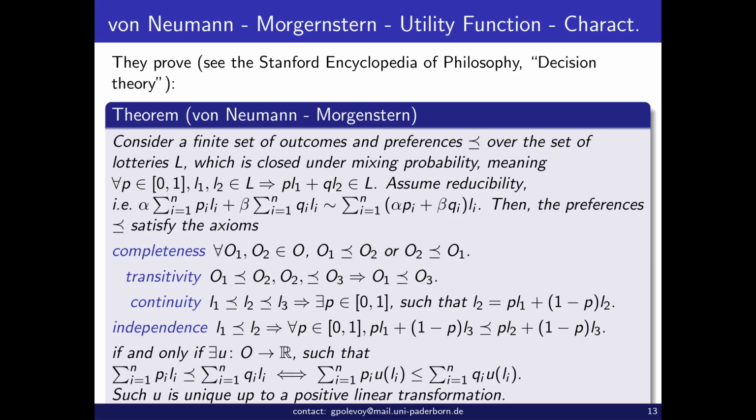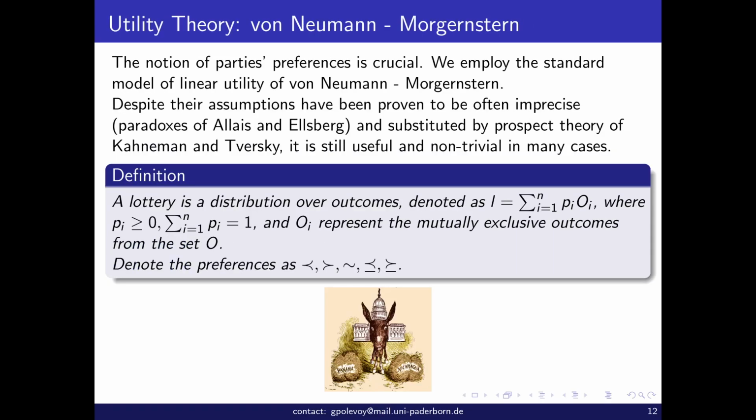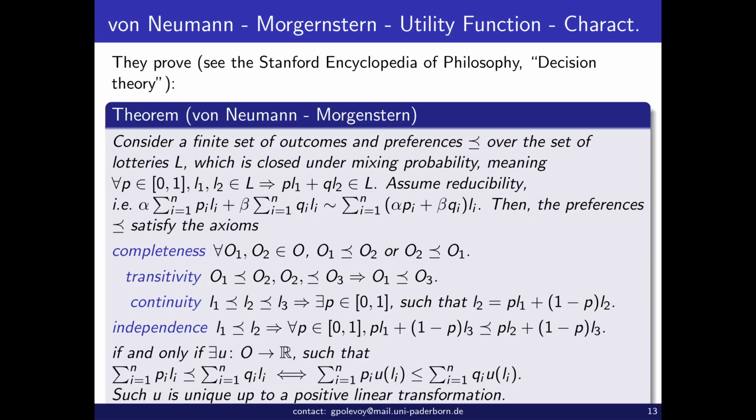And that's the theorem. The theorem is complicated. We always assume that the assumptions hold, and we usually work with utility functions from the beginning. The theorem sounds like this. Consider a finite set of outcomes, remember that's the set O from which outcomes are taken, and preferences, which say exactly who is less or equal in preference, over the set of lotteries, the set of those randomizations of that set of outcomes.